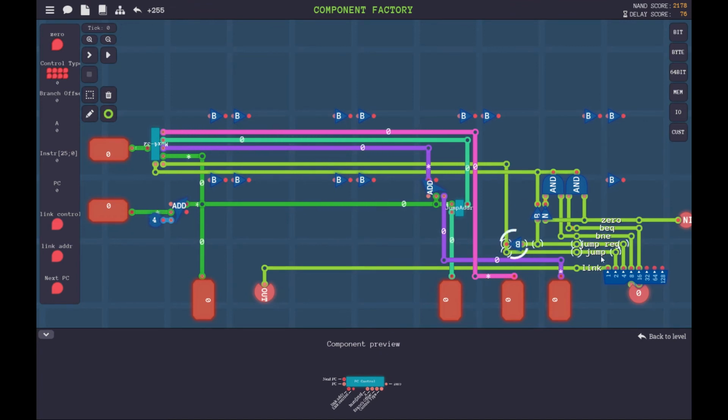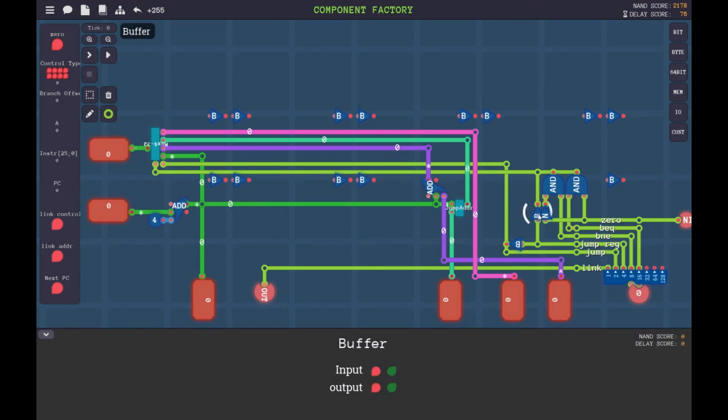So this line will come on if we're doing jump or jump register. And for the other bit, if we're not doing an absolute jump, we want it to be off by default and on if we're taking a branch. And if we are doing an absolute jump, then we want it to be off by default and on if we're doing a jump register. And so that's just a bunch of conditions that we can OR together,